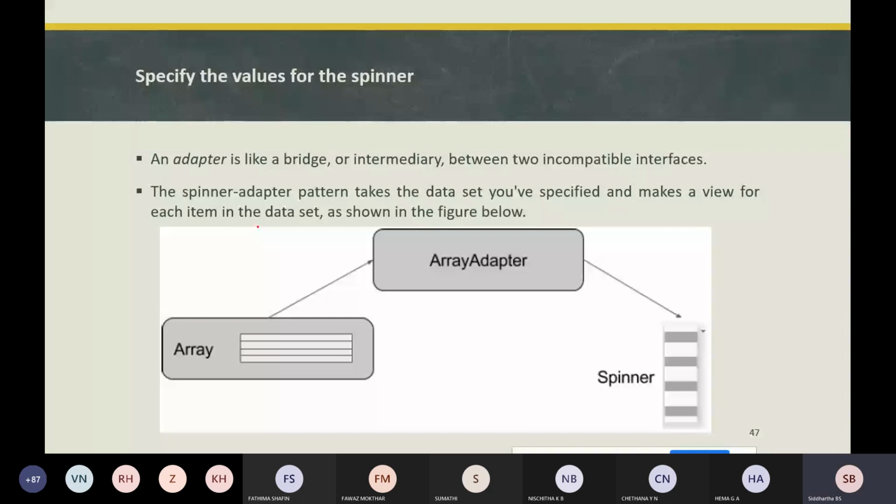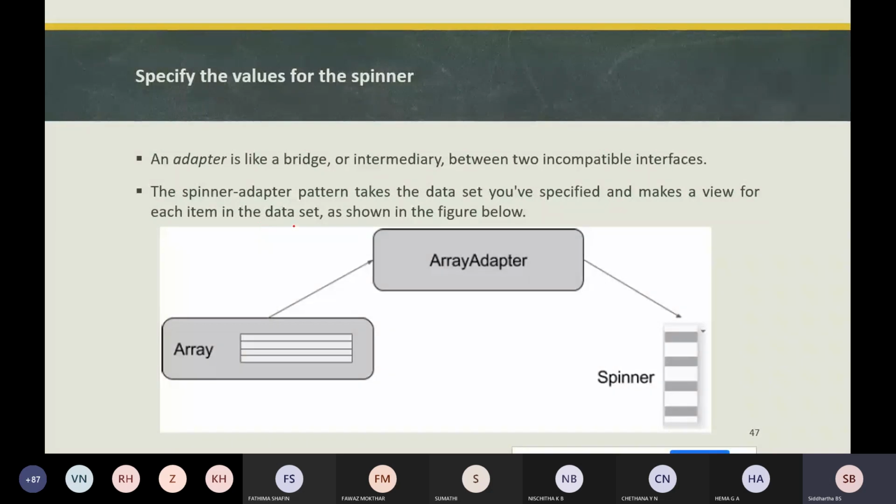So here we can add an adapter, where that adapter fills the spinner with the list of values. Whatever spinner element you have used, the adapter fills that spinner with the list of values.